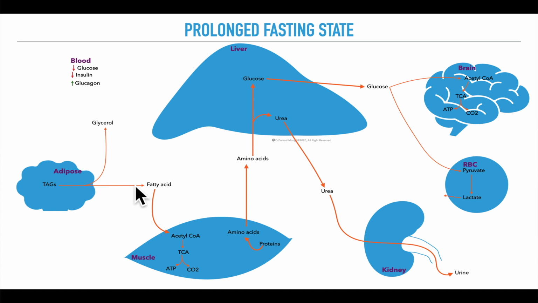Now, lactate from anaerobic glycolysis can contribute to blood glucose level at this time, and glycerol also contributes to blood glucose level. So, in prolonged fasting, amino acids coming from proteins, glycerol coming from adipose tissue, and lactate coming from the red blood cell all contribute to blood glucose level through gluconeogenesis. Fatty acids will undergo oxidation in the liver, as I explained before, and be used for energy purposes. By this time the TCA cycle is already kind of saturated. So, the acetyl-CoAs are more diverted into ketone bodies now.